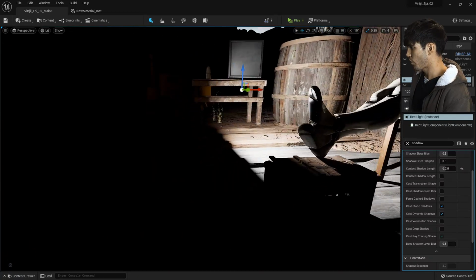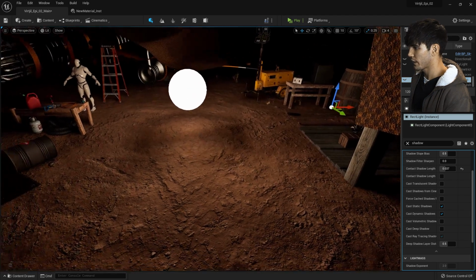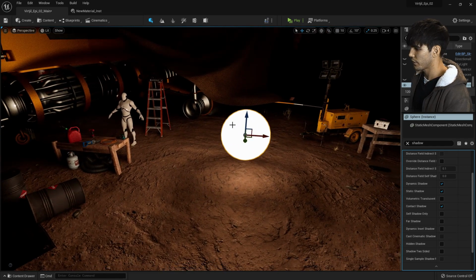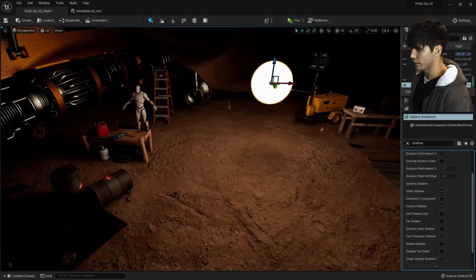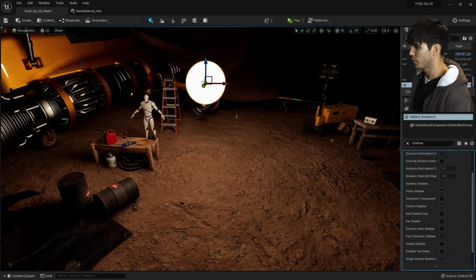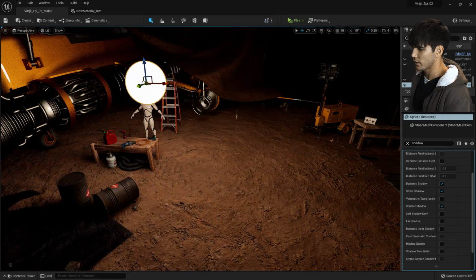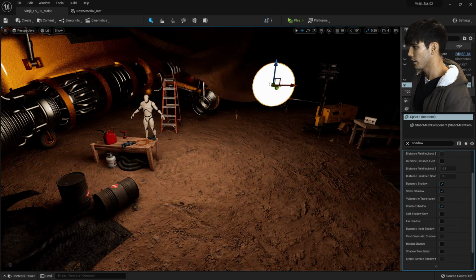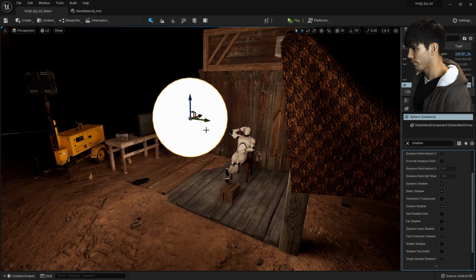And then for some fun, I created this sphere with an emissive material to see if there's any problems with shadows on this. But as you can see, it creates really soft shadows like you would imagine a campfire or something like that. So there's no fixes really needed for hard shadows and things that need to connect.